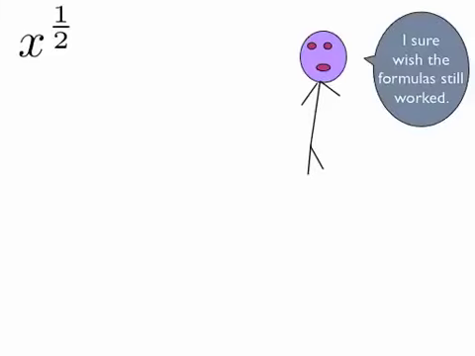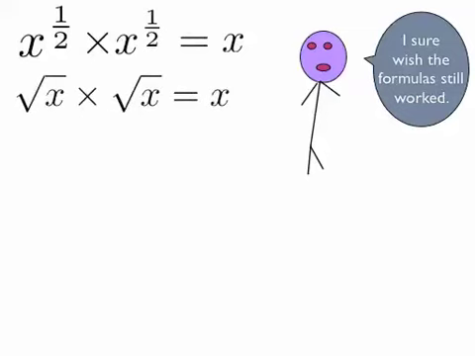So our guy says, oh, I wish the formulas would still work. All the formulas we developed about dealing with exponents, I wish they still worked even if I had a fractional exponent. And then I could define rules such that those formulas still worked. And then he notices, if you multiply x to the 1/2 by itself, you get x. And this is suspiciously like the square root of x times itself to get x. And then he comes to the conclusion that x to the 1/2 basically functions the same way as the